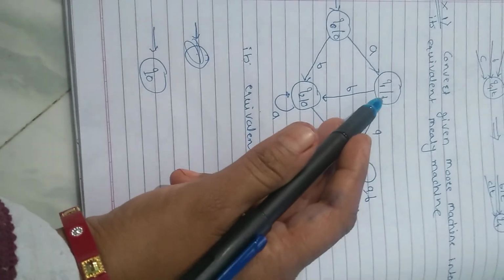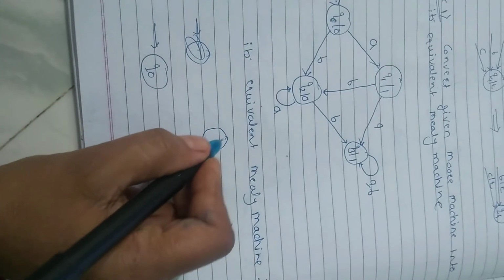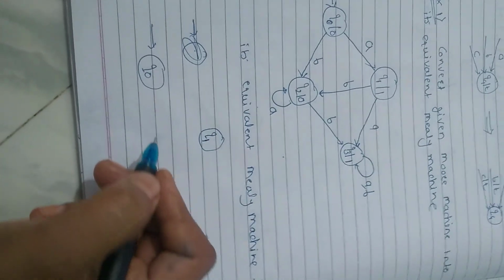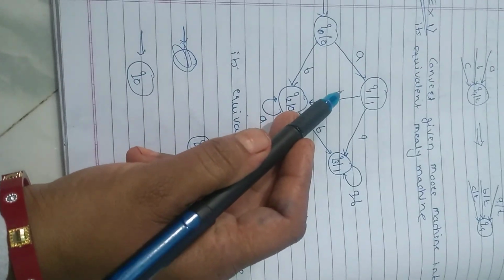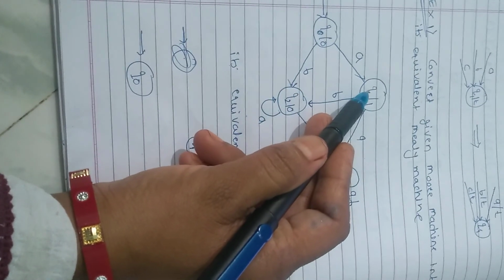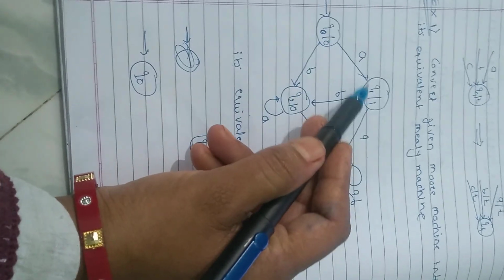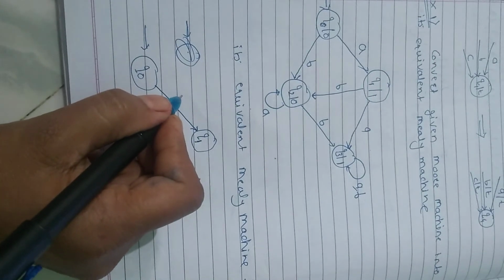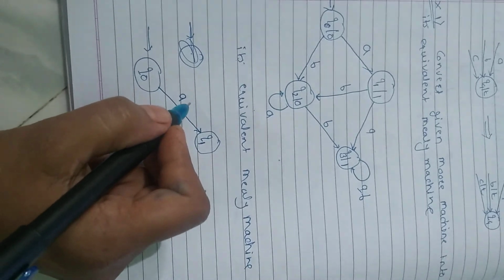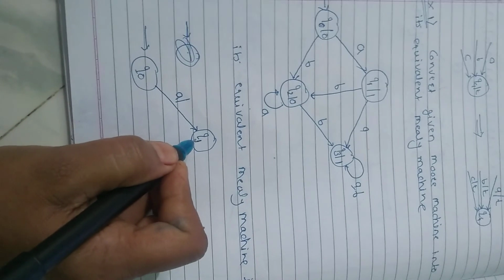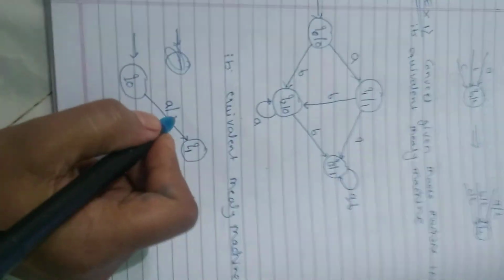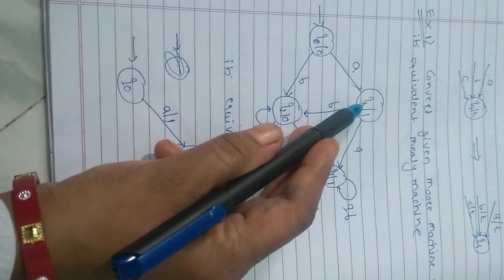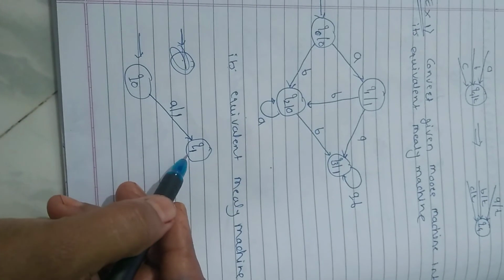Now consider the next state Q1. Let's draw one circle as a state and just write the state name Q1. Now consider all the incoming transitions. In the given Moore machine, there is only one incoming transition toward the state Q1. It is from Q0 to Q1 having the label A. So draw that incoming transition as it is and give the label input symbol A, oblique. What is the output symbol of Q1? The output symbol of Q1 is 1. So write here 1. No other incoming edge is there towards Q1, so we have finished the processing of Q1.